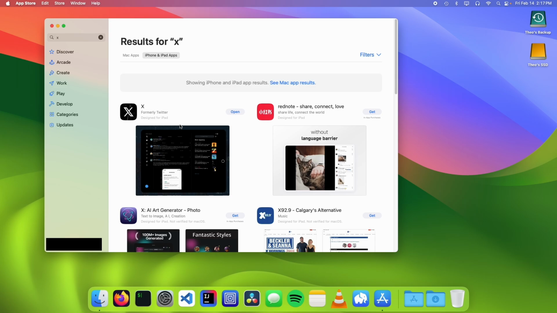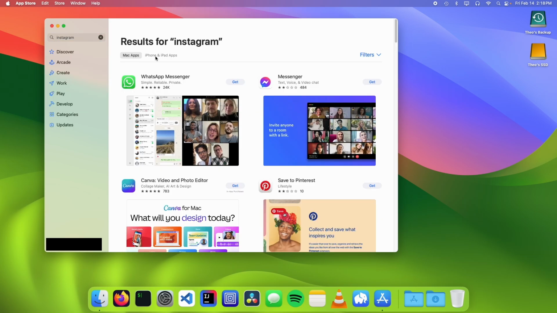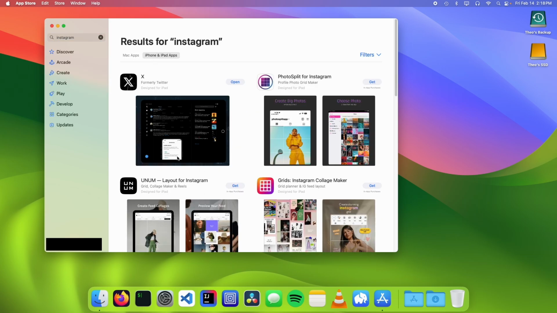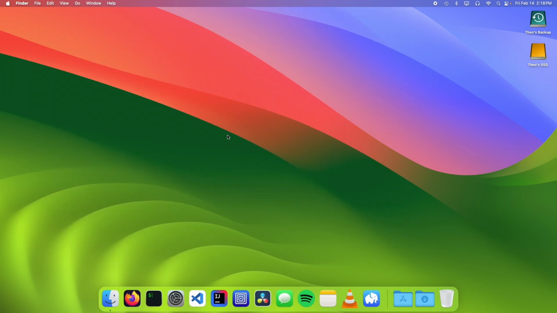Now the problem with this method is that a lot of iOS apps are not going to be available in the Mac App Store. The reason is that app developers have chosen to keep their app out of the Mac App Store. For example, if I want to install Instagram and we go to iPhone and iPad apps, there's no Instagram app. So to install apps that are not available in the App Store, we need to open up a web browser